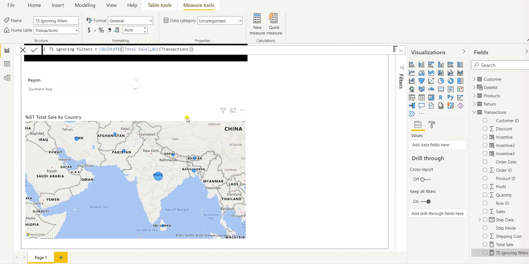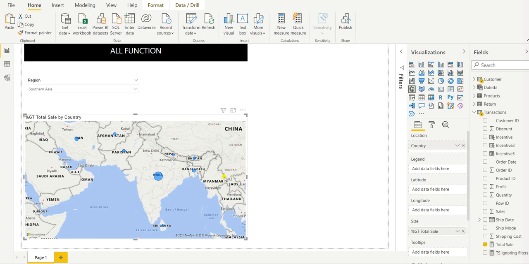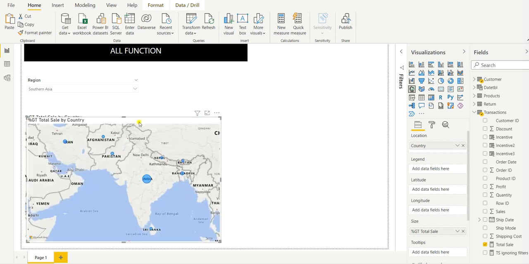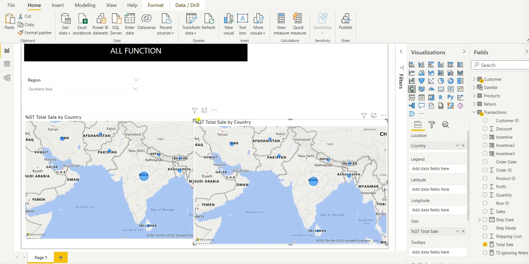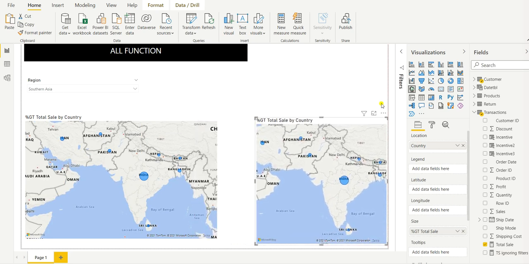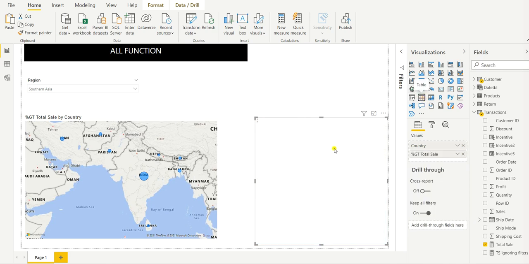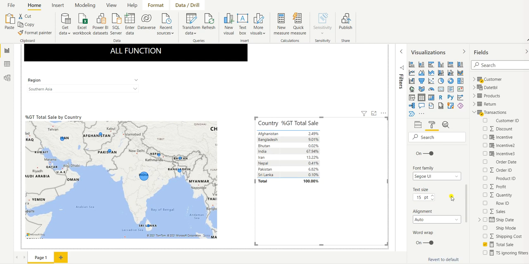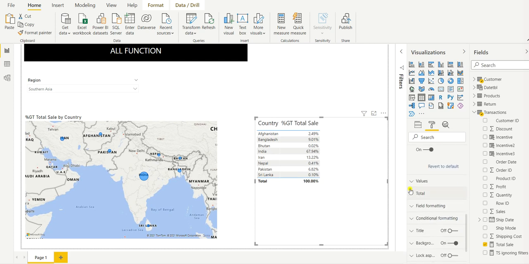So here we have calculated using the filter function. Let me show this as a table view also. I will simply copy paste, drag it to the right and show it as a table view. Let me first increase the font, and increase the font of the values as well.